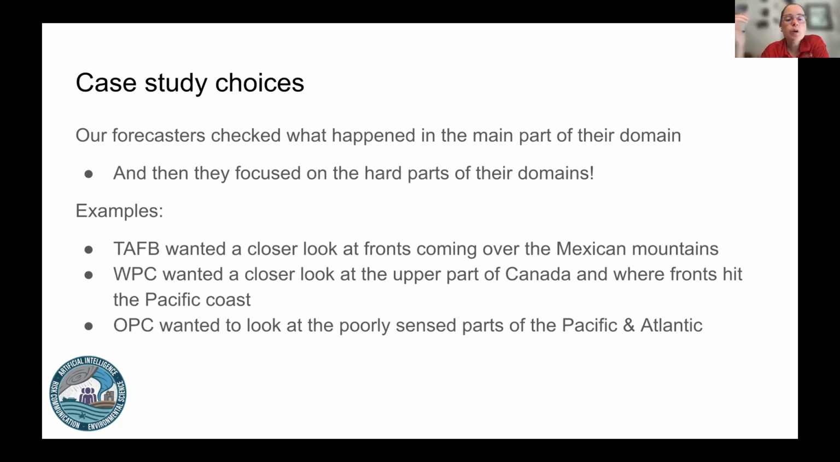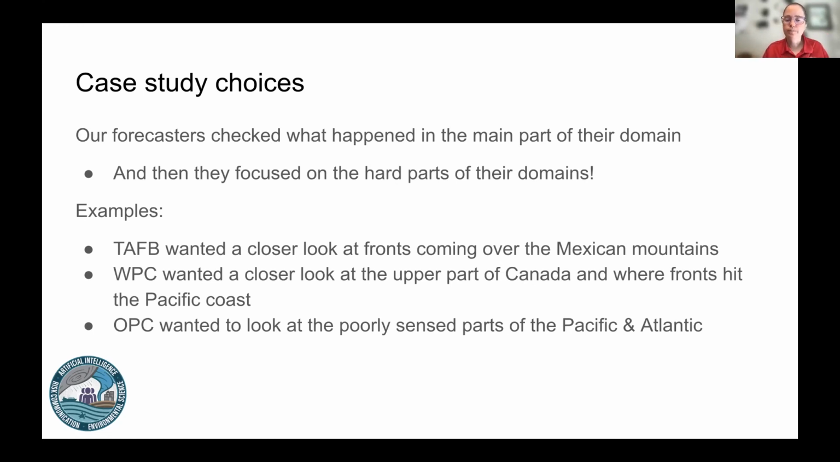the mountains. WPC wanted to look at the upper part of Canada because they're responsible for CONUS, but they're also responsible for the upper part of Canada. And again, it's not as well sensed, and they wanted to see how the fronts were handled up there. And then they also wanted to see the fronts as they hit the Pacific coast, because if you remember the map from a couple of slides ago, they do part of the Pacific coast. And as fronts hit the Pacific mountains, they tend to do things, and they wanted to see if our model was able to handle that. And then OPC, the forecasters immediately jumped in and said, oh, this part of the area is not sensed very well. And they wanted to look at how well we handled the poorly sensed parts of the Pacific and the